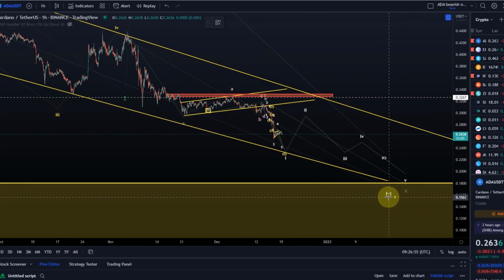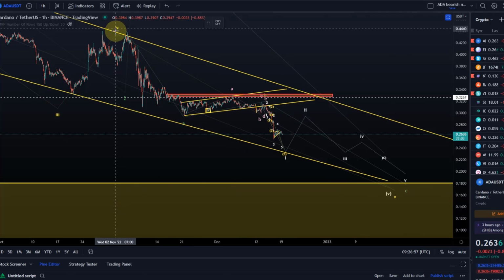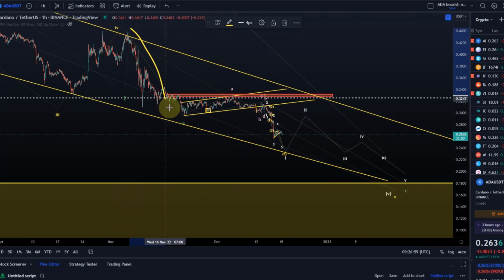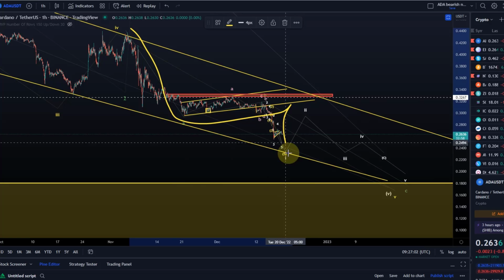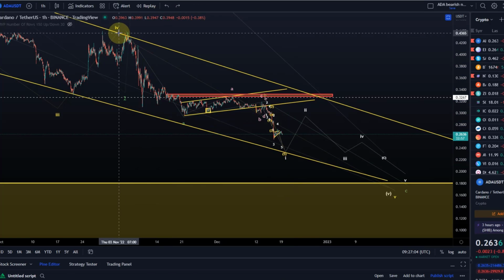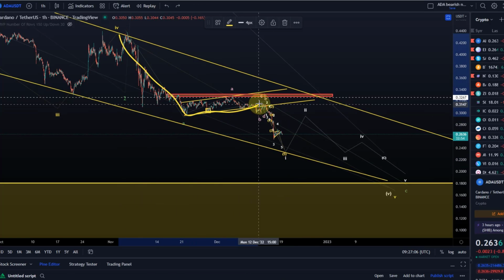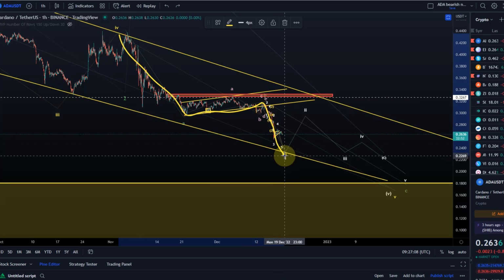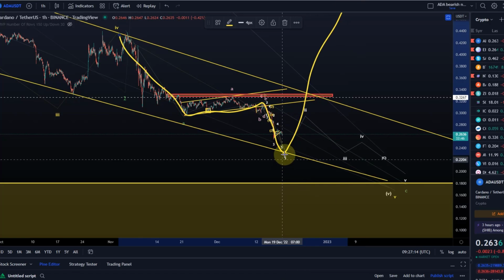My view is that this wave 5 here unfolds in an ABC pattern. So A, B, C. Sorry, that was a bit ugly. A, B, C. With this C wave as a 5-wave move complete, the bear market low could be in and we could theoretically rally. But without a 5-wave move up, without a signal, and probably without a breakout of the channel, which would take us above, let's call it 33 cents, I won't believe that.